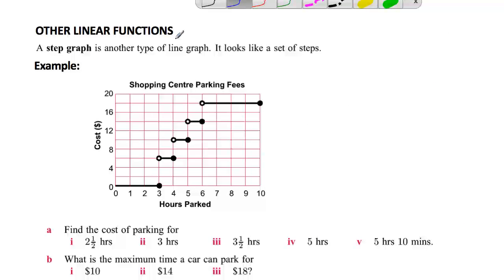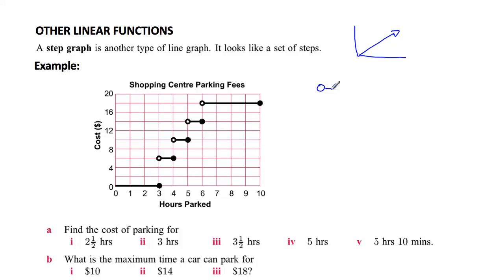Linear functions are just functions that have got straight lines in them, and not all linear functions are nice and direct, like the ones with straight lines that go up in a constant way. Here's an example of what we call a step graph. Now, the important thing to remember about a step graph is you'll notice that some of the lines start with